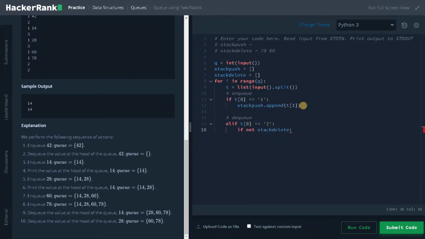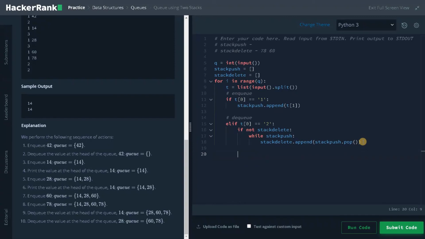That means if stack delete is empty, while stack push, we will just pop the element from stack push and append it to stack delete. So stack delete dot append stack push dot pop. So this will pop the element and append it to stack delete until the stack push is empty.